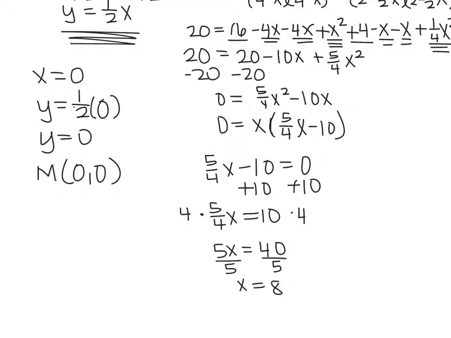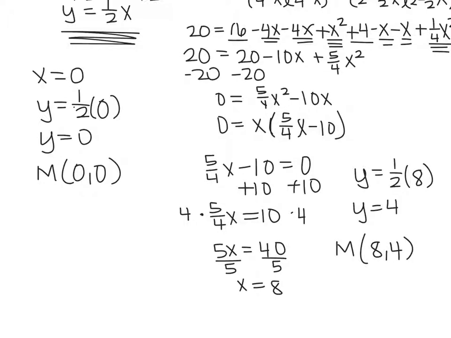So the second possibility for my point M is that it has an x-coordinate of 8. And then again, using the equation of my line, we know the y-coordinate is 1/2 of 8, which means my y-coordinate is at 4. So my point M could also be at the coordinate 8, 4. Both of these are possibilities for my coordinate. It's not like one or the other is the correct answer. Either one of them could work and still meet the